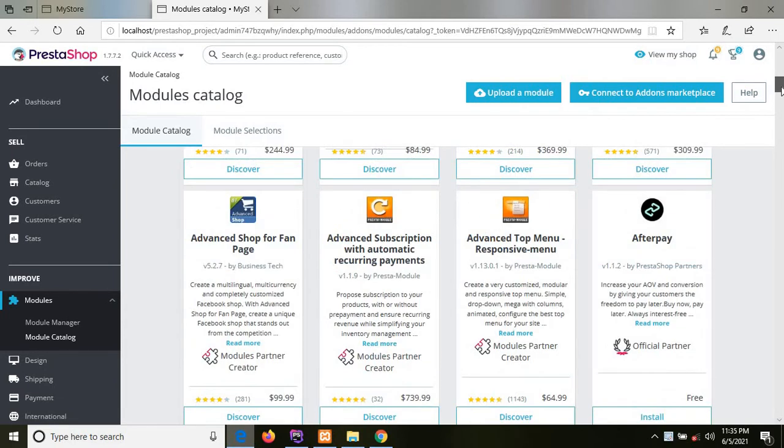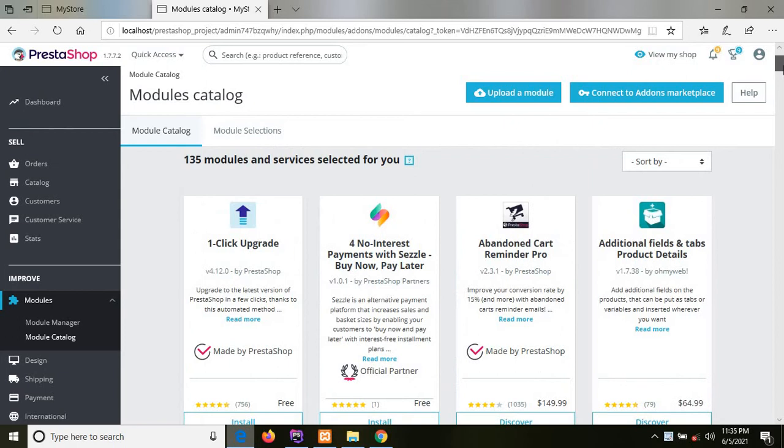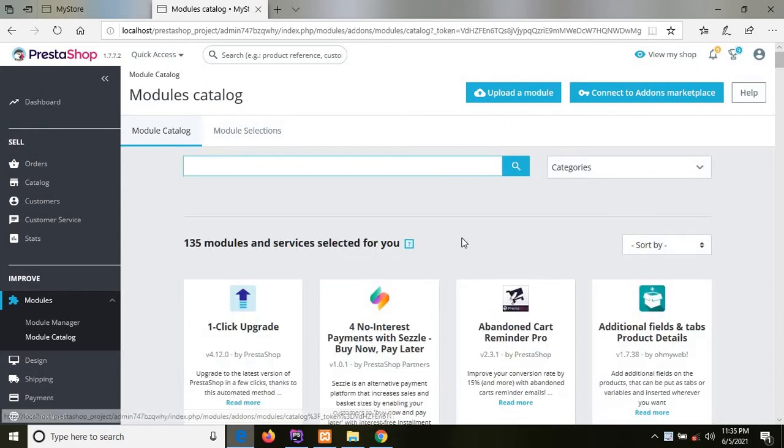So I think all of you are thinking about what is a module, right? So a module provides the functionalities and features to the website. Like here you will see the search bar is there. So this search bar is one module, and if we want to use that module, we just need to install that module in our website.